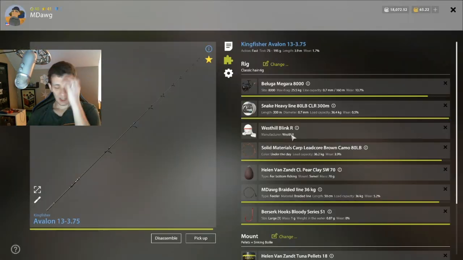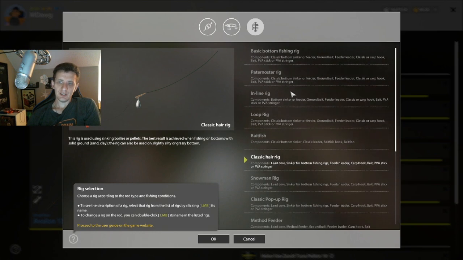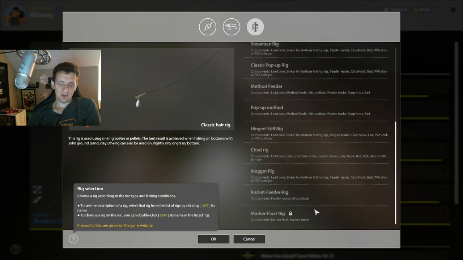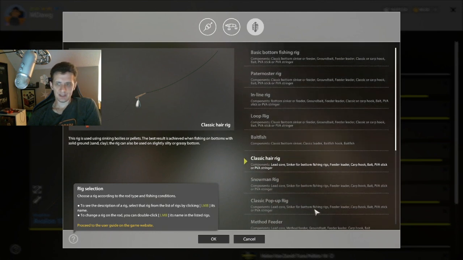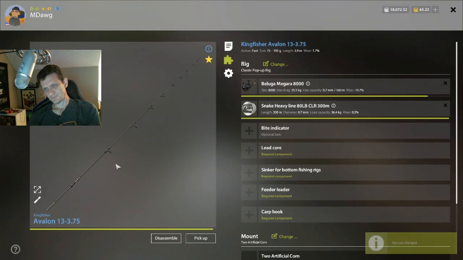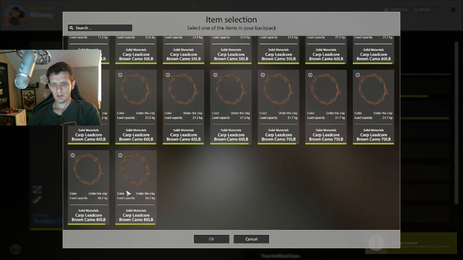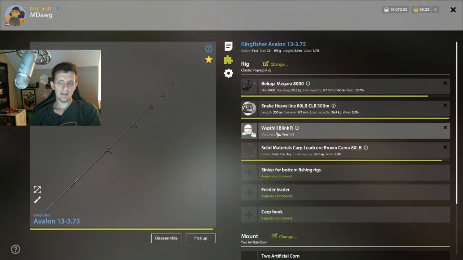All right, back when I thought the other spot was going to be working, I was going to show you one with a classic hair rig. So this just shows you all the different rig types you have in this game. Some of them are carp rigs, a couple of them aren't. A lot of them are though. But we better go to classic pop-up on all three of them. You put your lead core in. This is your